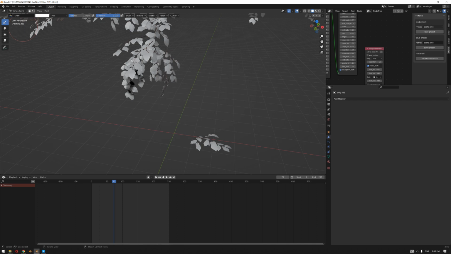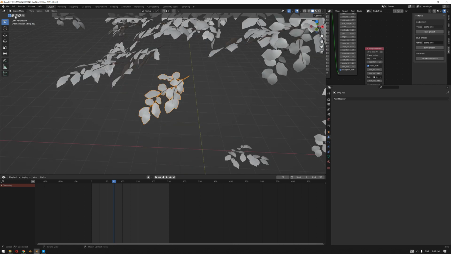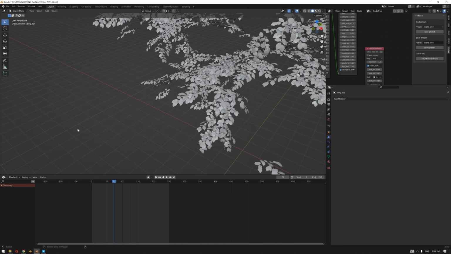Just to make sure, choose one of these branches and you'll find that the vertex color is included now. So that's step number 1.